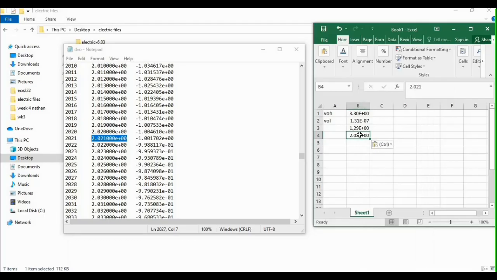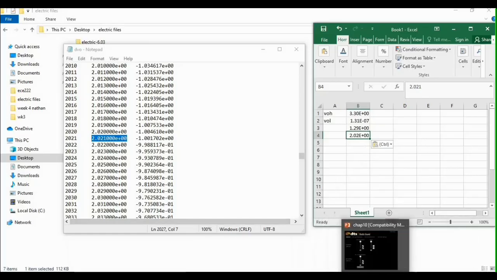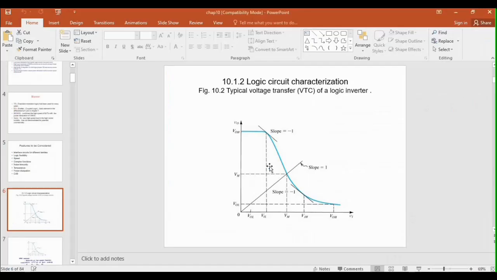So what corresponds to VIL and VIH? So going back to the waveform, VIH would be the second occurrence, and VIL is the first occurrence.